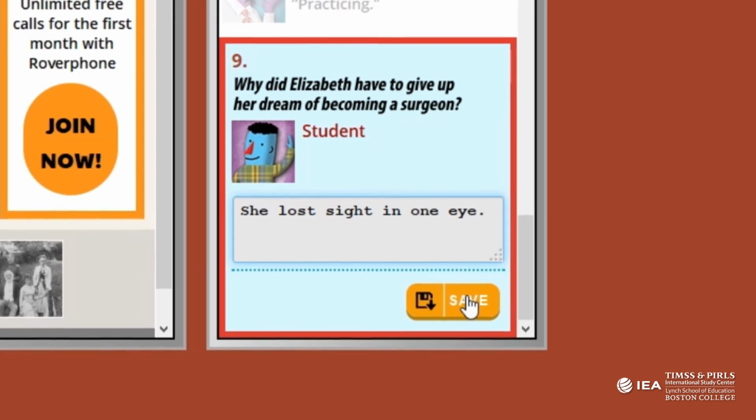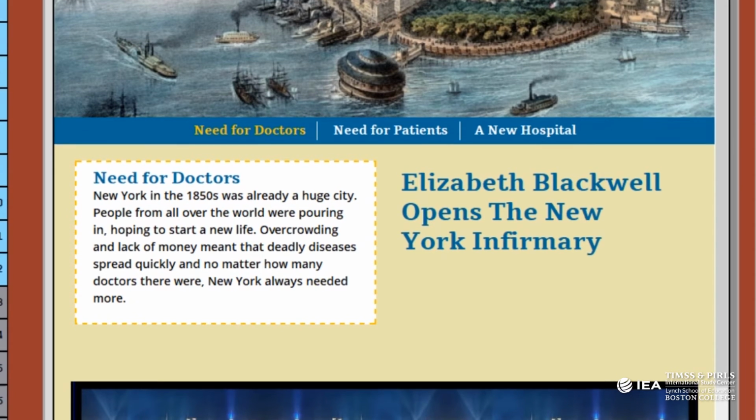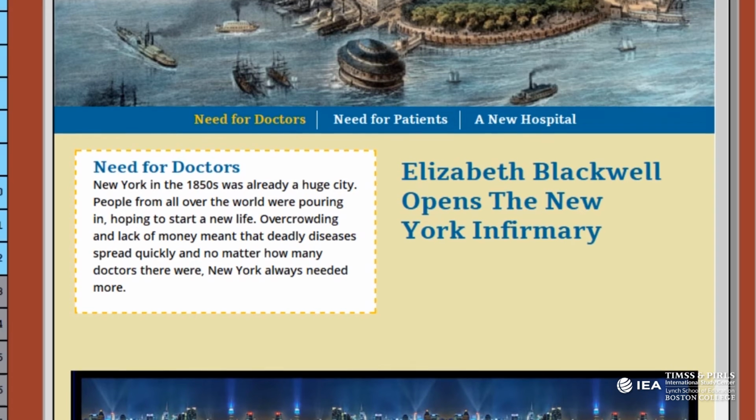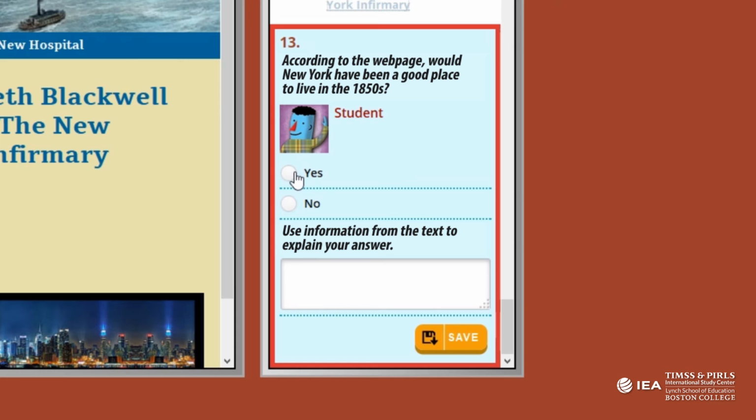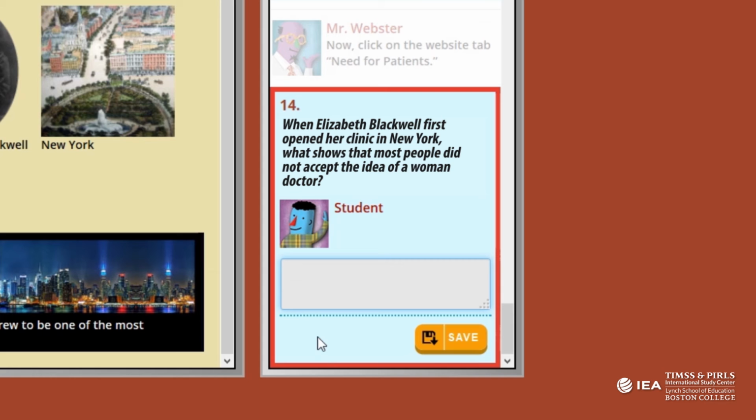of being a surgeon. Then they read informational texts describing Dr. Blackwell's work in opening the infirmary. In this multi-format 2-part question, students are asked to draw a conclusion from the text about whether New York City would have been a good place to live in the 1850s. In the next question, students provide evidence to support an inference about people's resistance to the idea of a woman